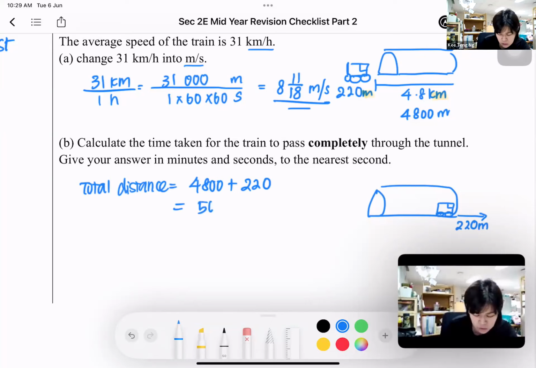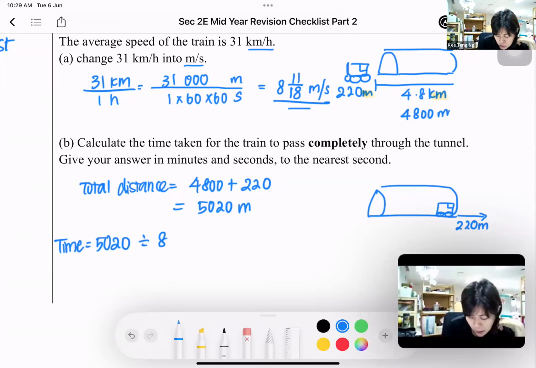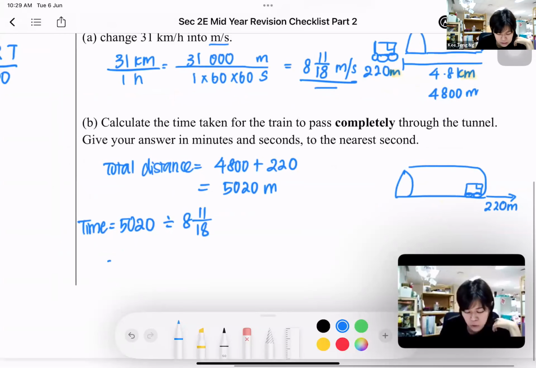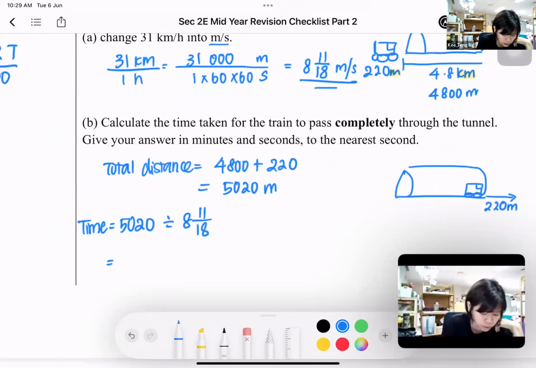Okay, that gives me 5020 meters, right? Then, give your answer in minutes and seconds to the nearest second. So I need to take this distance, 5020, divided by the time taken. Remember to write the description now. Divide by my original answer. I'm not going to use 360, I'm going to use the answer as exact as possible, 11 over 18. Okay, my answer over here gives me